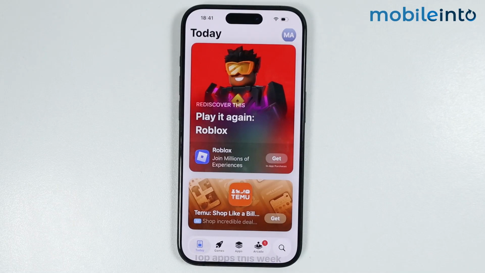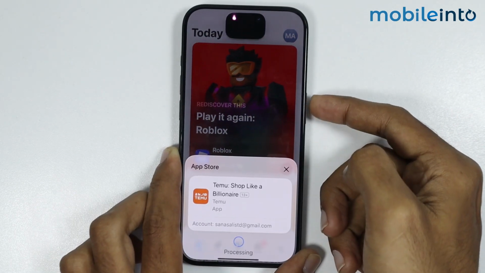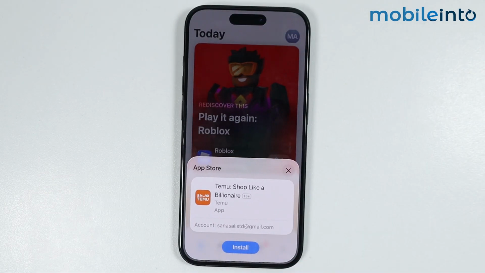Then tap on OK. Now if you try to install an app from the App Store, it will ask you to use the Face ID to install the app. Now if you have done that and if Face ID is not working on your App Store, just go to